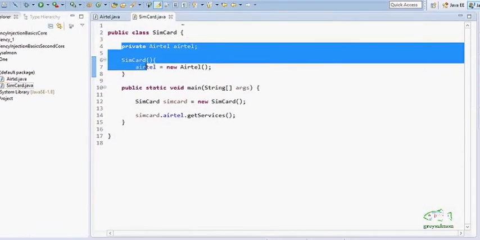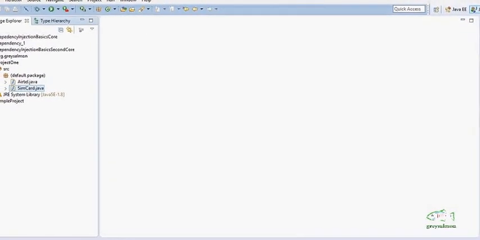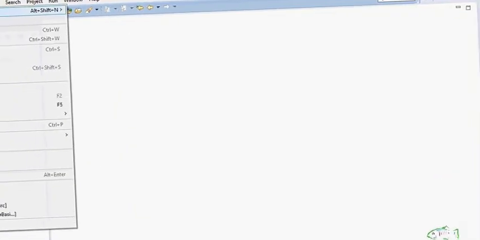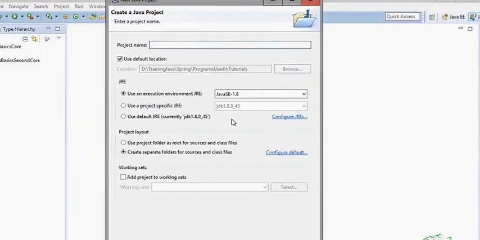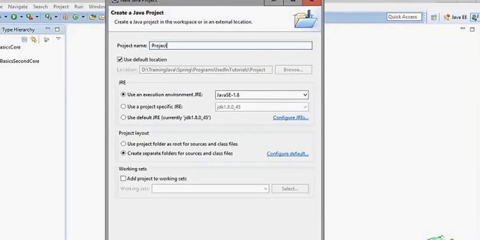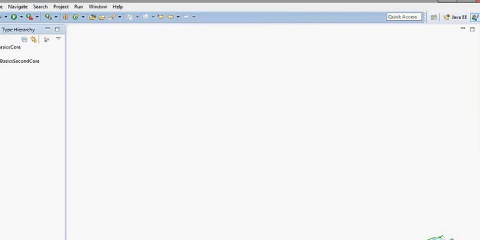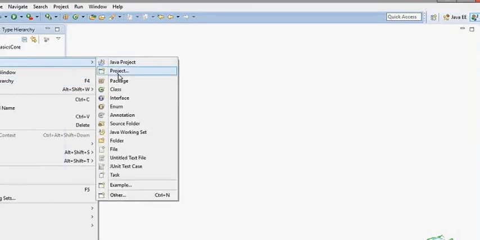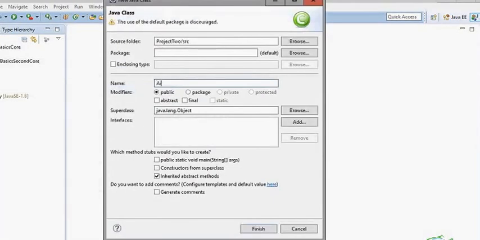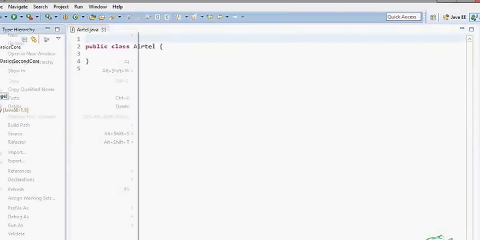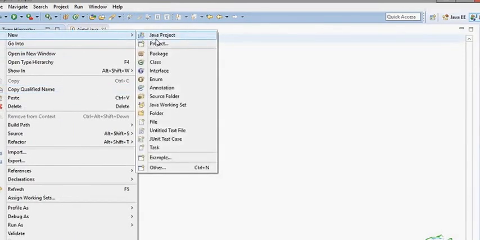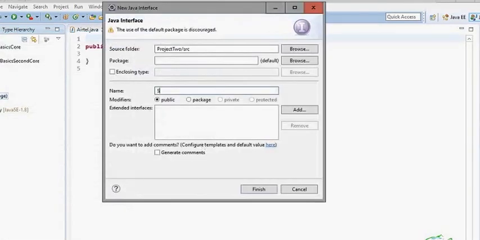In Eclipse we will create one new Java project, and we will name this project as project 2. Now in this project, in the source folder, we will first create the classes for the service providers. We have created one class Airtel, and also we will create one interface of service provider.